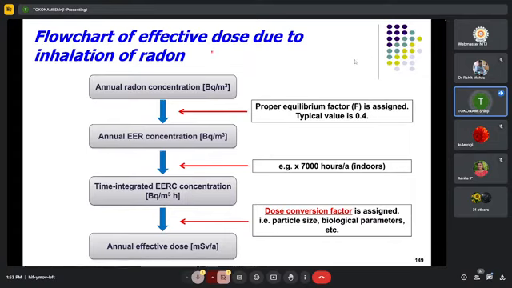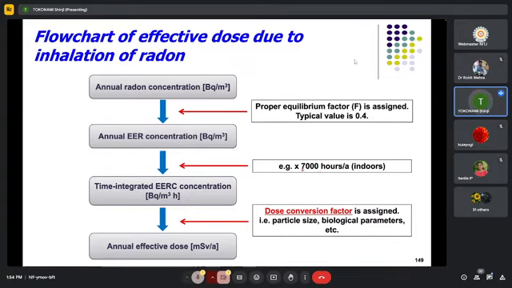Here is a flowchart of effective dose due to inhalation of radon. First, we obtained annual radon concentration in becquerel per cubic meter. Using the proper equilibrium factor, typical value is 0.4, we can obtain the annual equilibrium equivalent radon concentrations in becquerel per cubic meter. By multiplying the occupancy factors,